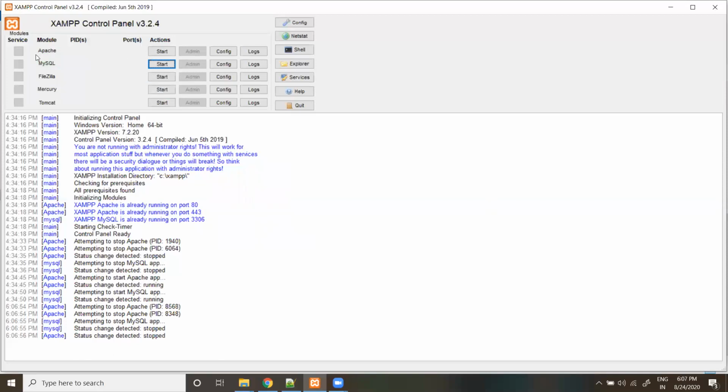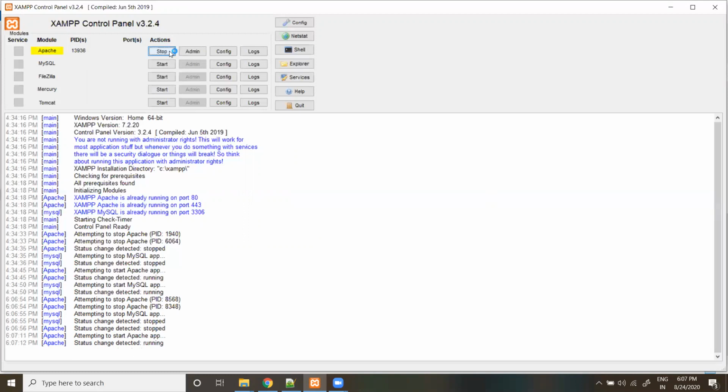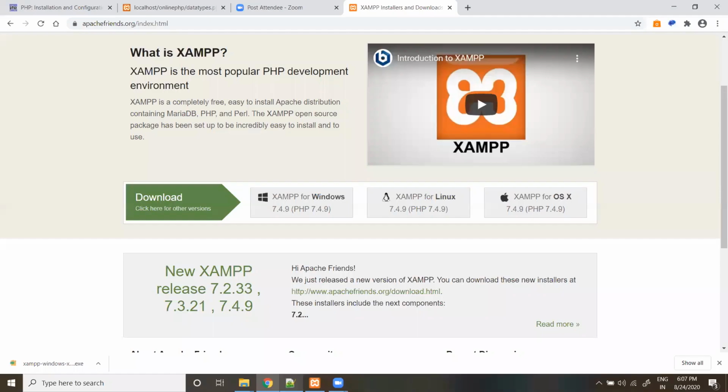So if you are working on the front end, you just need to start Apache. If you are working with the back end also, you need to start MySQL. Front end means if you are working only on the design part, we can start only Apache. If you are working with the database also, you can start MySQL. Others you don't need to start. This is the port number on which we can access our PHP files. That's all about the server.